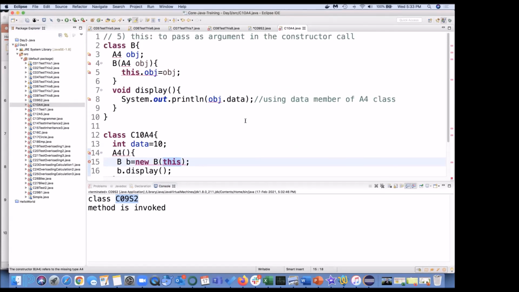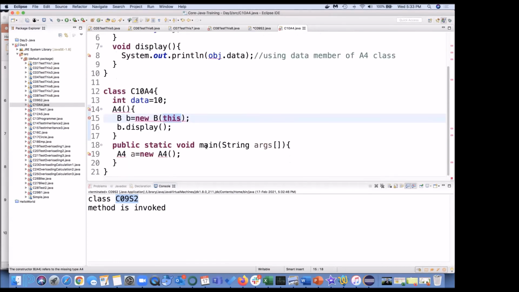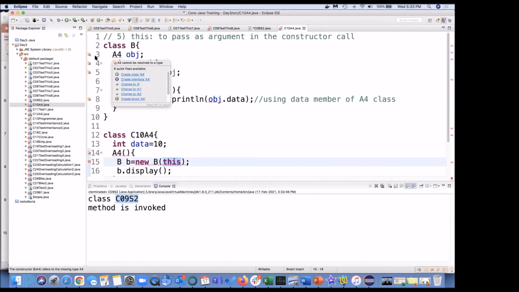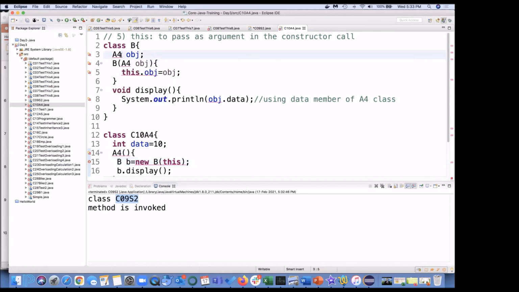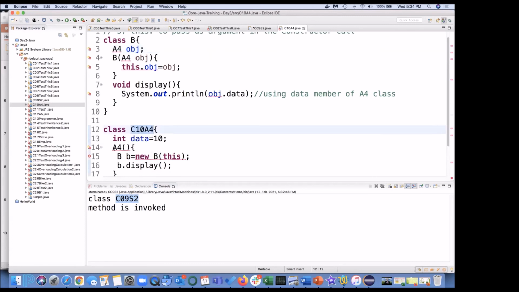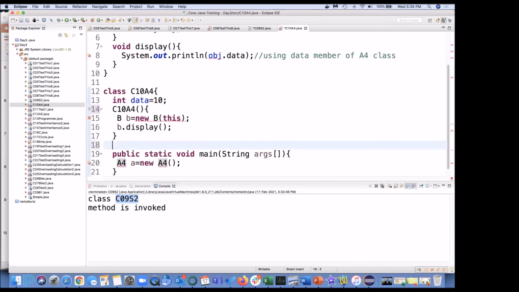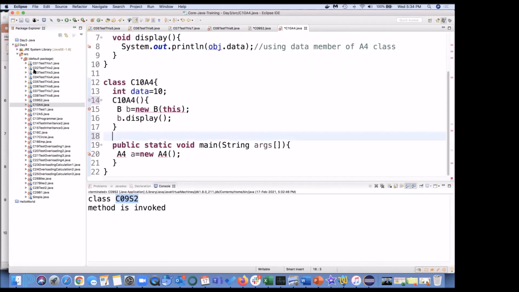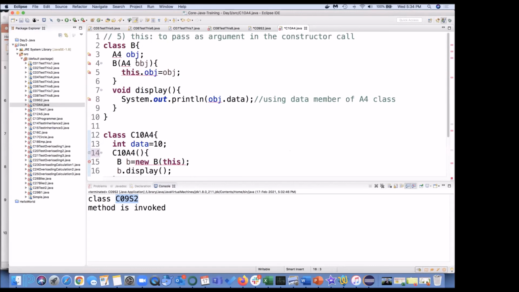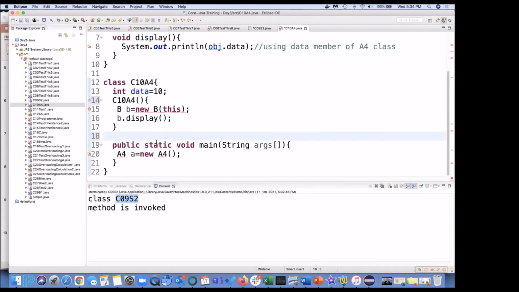For your understanding, let me use class A4. I'm creating all the classes in the same file. Ideally, we should have different files for different classes. So class A, class B is there, and inside class A itself, we are having the main method.